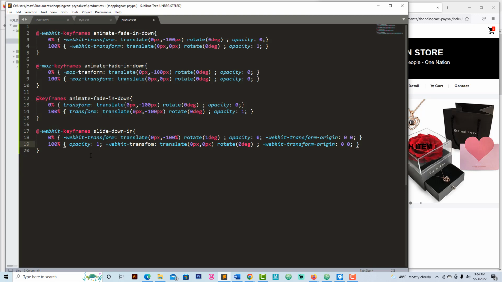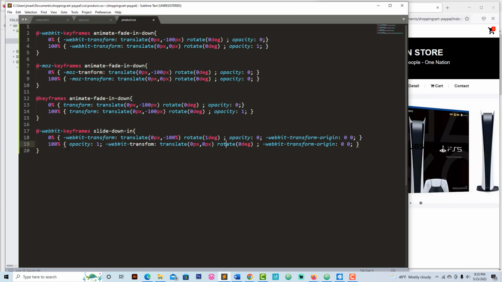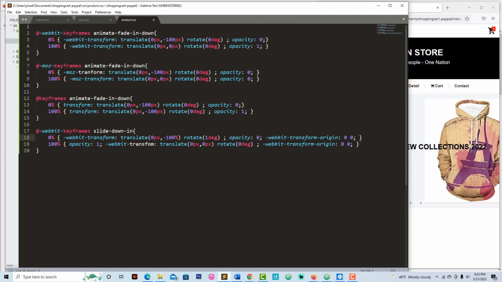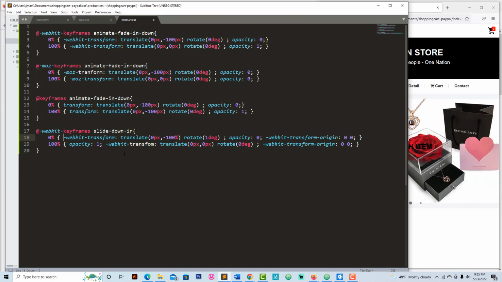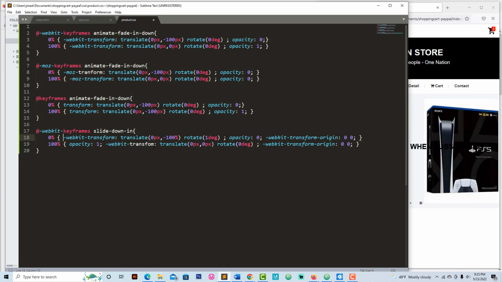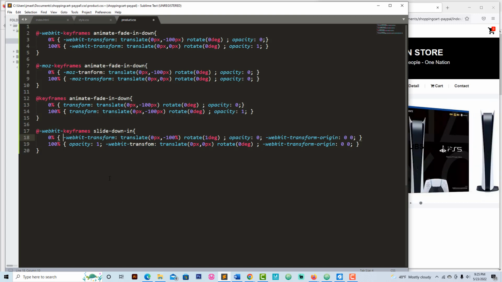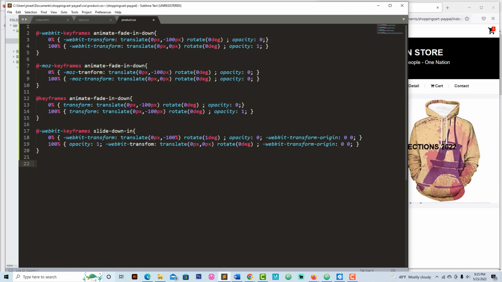WebKit transform, translate. Okay, now we have opacity 1, WebKit transform. Transform. Okay, yes. Let's go here. Next block